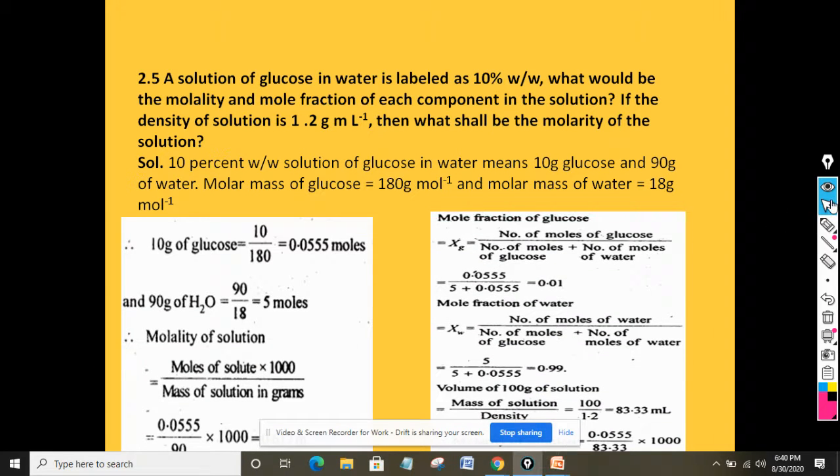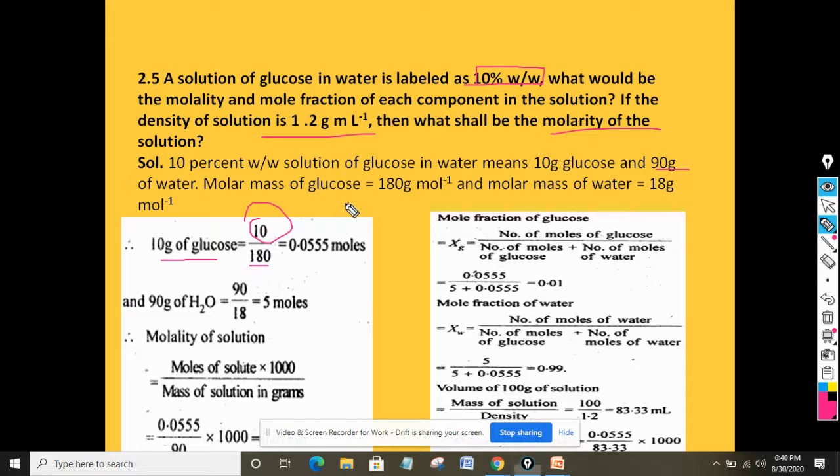Next question, we have a solution of glucose in water labeled as 10% weight by weight, which means 10 grams glucose in 100 grams of solution, means 90 grams of water. What would be the molality and mole fraction of each component, and the density is given, we have to calculate the molarity also. So 10 grams of glucose means, for calculating the number of moles, given mass upon molar mass,